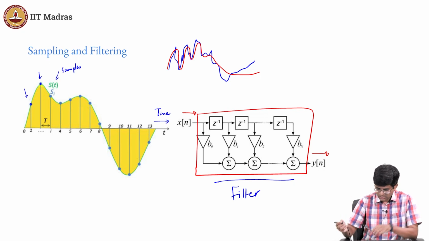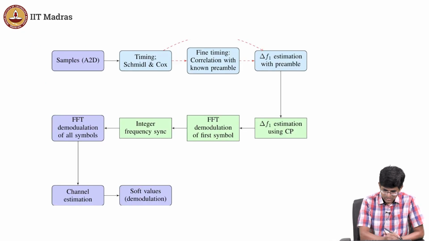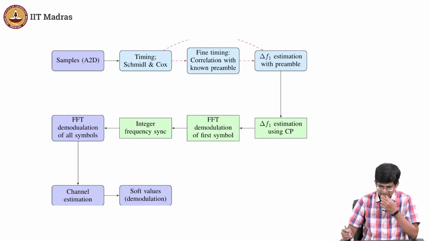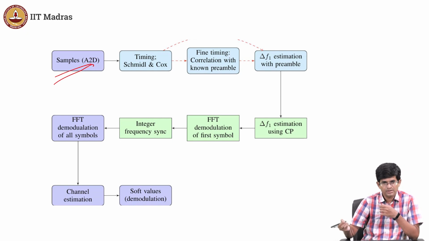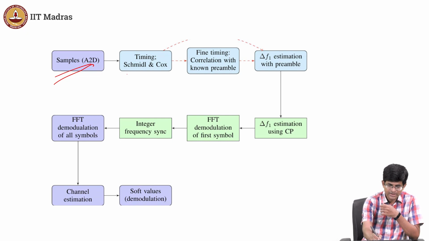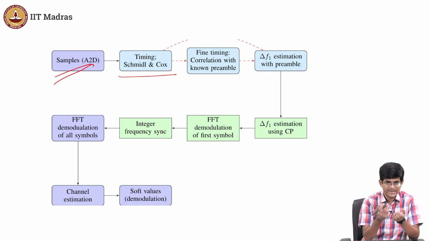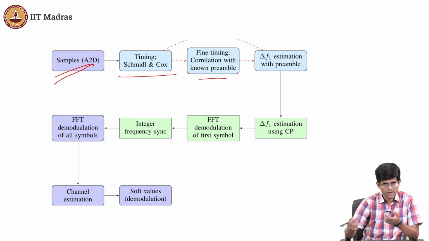Okay. So, now, this is a more complicated picture, and I am going to skip through it. The reason I put this up here is just to show you what an actual large communication system looks like. Literally what's going to happen over here is you will have samples coming in from an A to D converter, and then going through many such filters. There is one part whose job is just to pick out some property of the signal, where it is starting. There is something else which is correlating against another known signal. What is correlation? A kind of filtering. There is something else that happens over here.